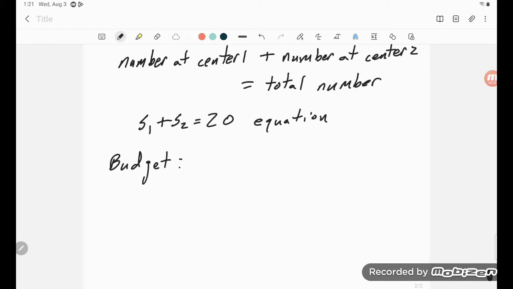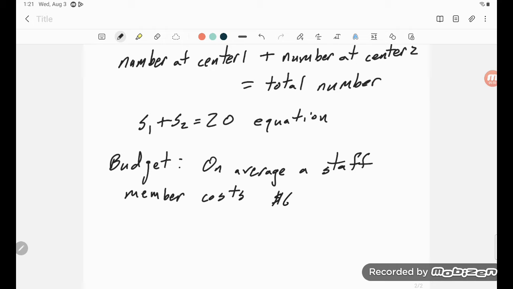And, you know, let's say on average, a staff member costs, now, you know, there's benefits and all these different things. So I'm going to say $60K or $60,000 a year